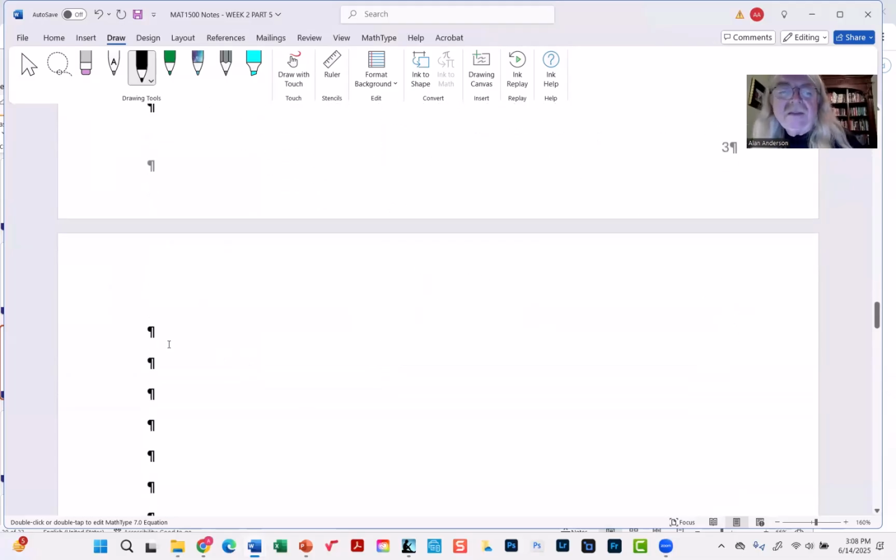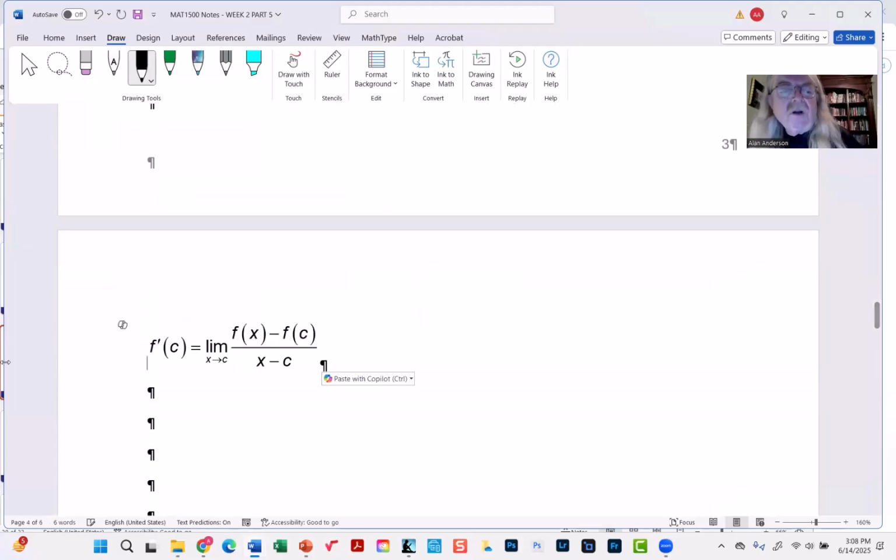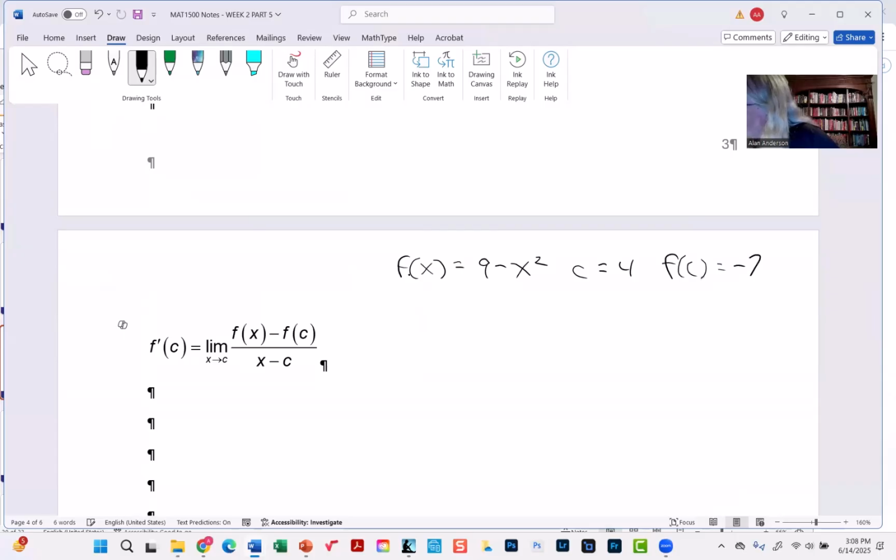They are the same thing. So therefore, the point c is 4. We know that f of c is -7. So this is the limit as x approaches 4 of